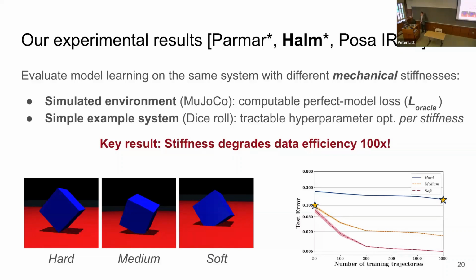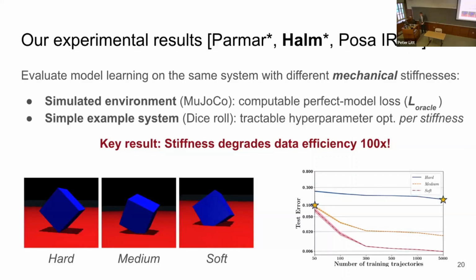And secondly, we chose to focus on a simple canonical system, which is a single die roll. By choosing such a small dimensional system, we're able to conduct brute force optimization of all of the hyperparameters that are settings in our learning models, to make sure that we're not being unfair to these methods by just accidentally picking a poor set of settings. And despite the low dimensionality of this example, even a single die rolling is very hard to predict and exhibits many very sensitive behaviors: impacts, rolling, stiction, etc.